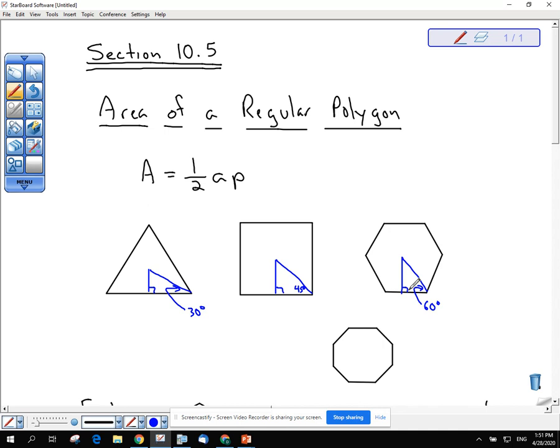Now, as we move into 10.5, we're still going to use the same formula. So yes, you know this formula already if you've done 10.3. Area equals 1/2 apothem times perimeter. But think about what I just did with an octagon, okay? An octagon, if I draw an apothem and a radius like this, this angle right here is not going to be a 30, a 60, or a 45. In fact, what it is